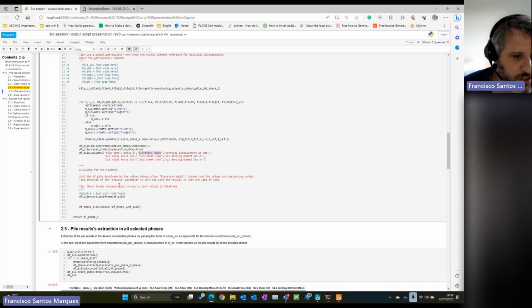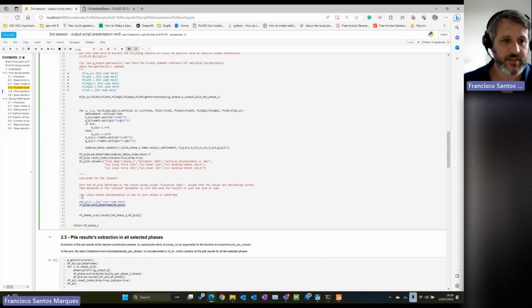And my suggestion is you can search the pandas documentation on how to do that. It's very straightforward. If you go to Google and search for pandas data frame sort, you're most certainly going to be redirected straight to that line of documentation. Okay, so if you do this, then you just sort your data frame, and ideally at the end